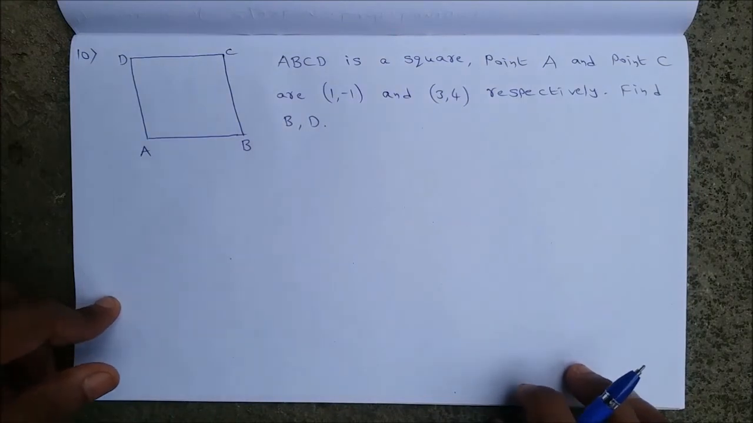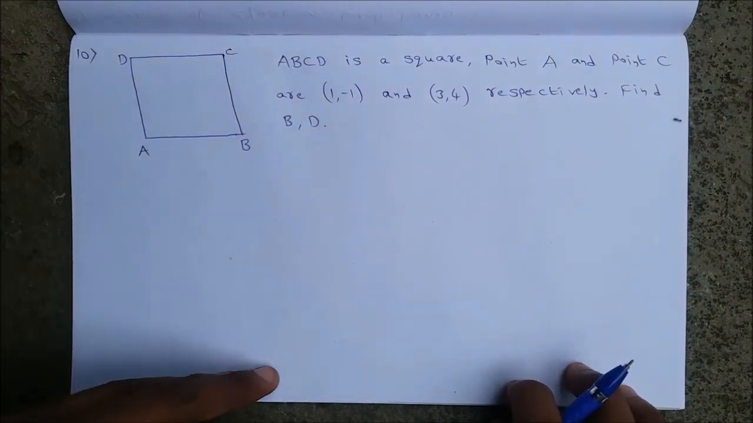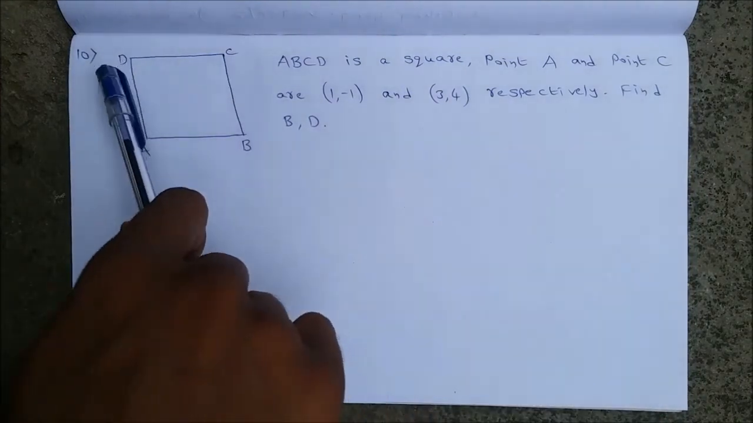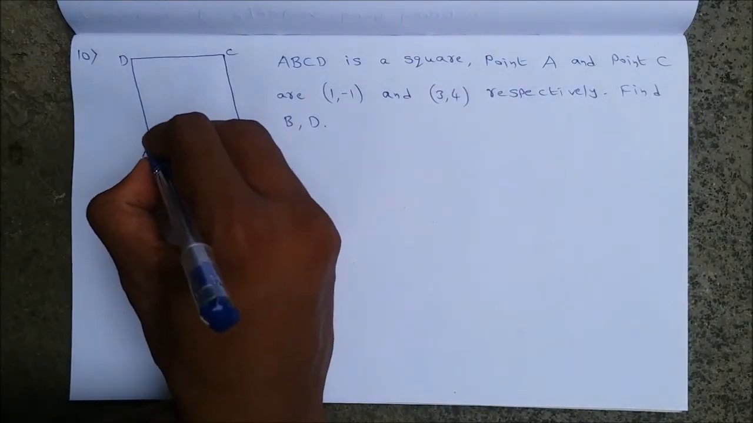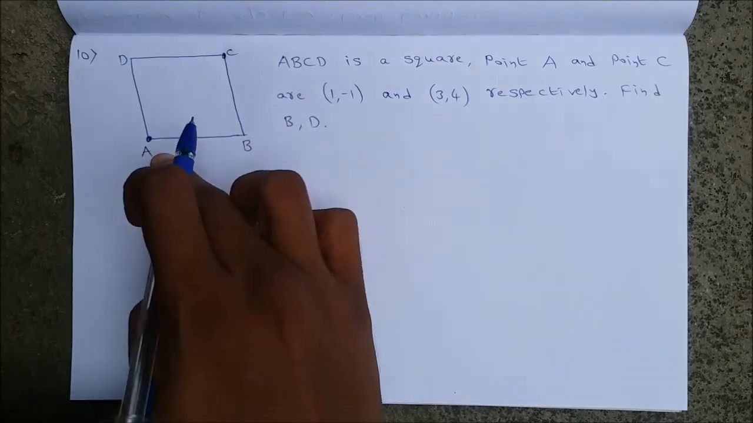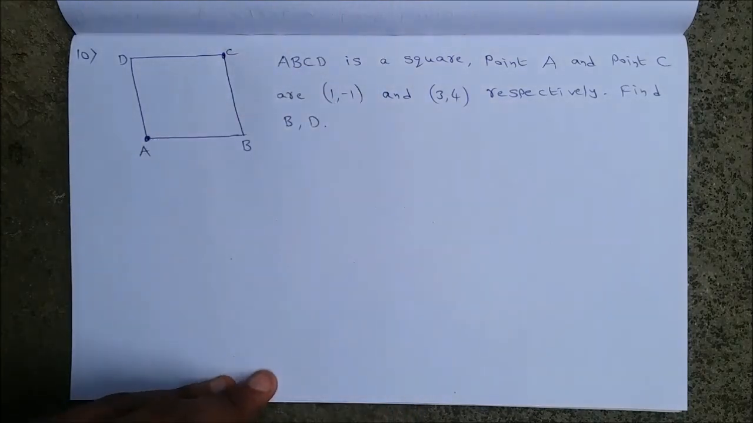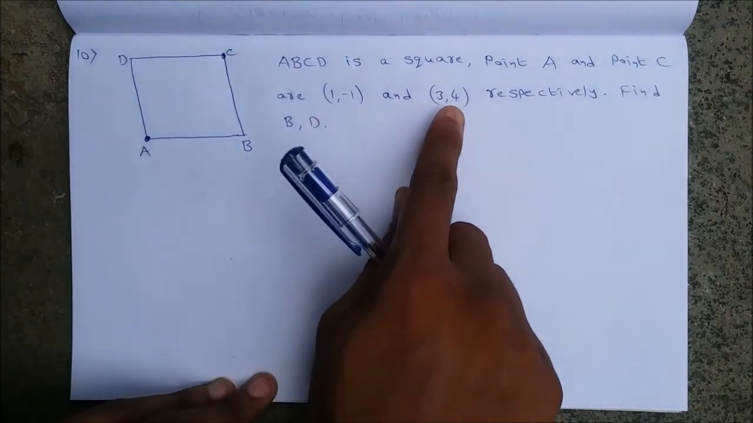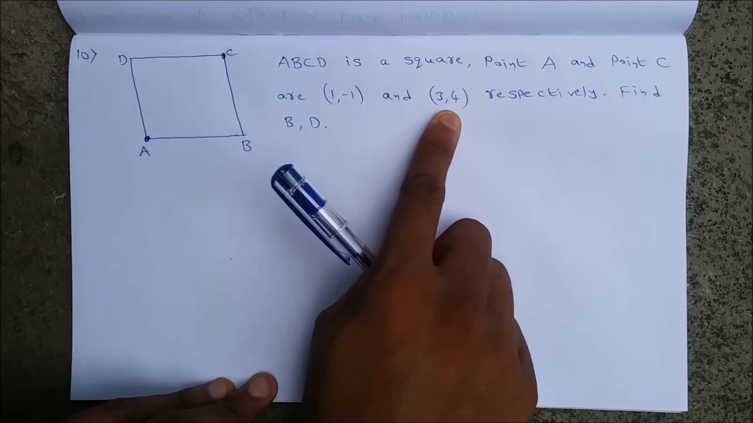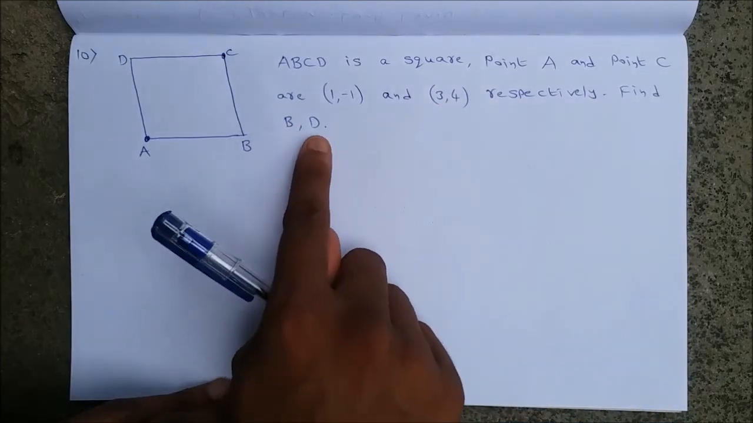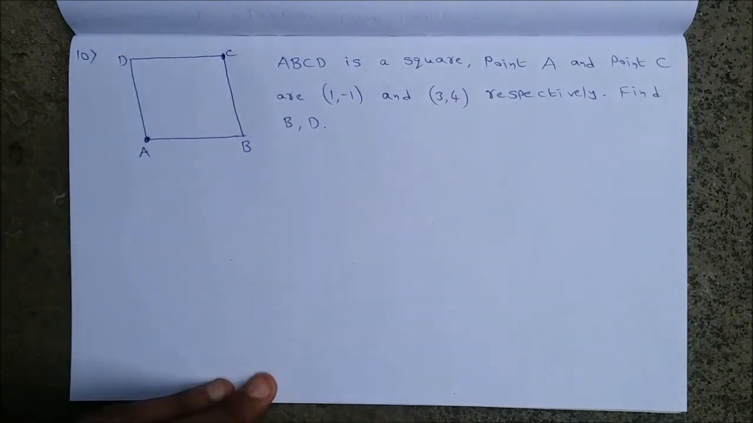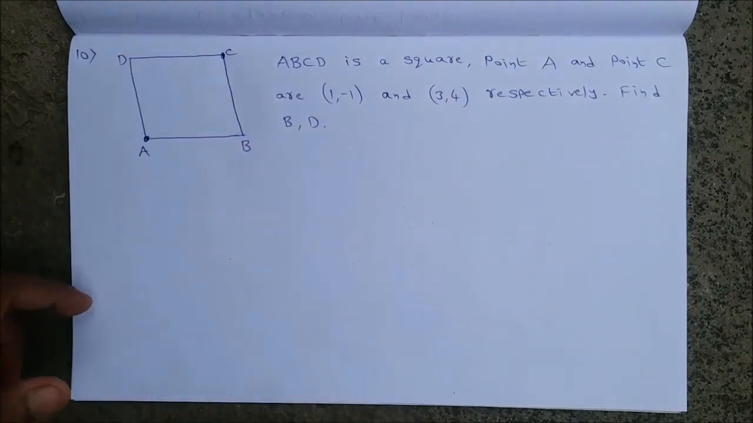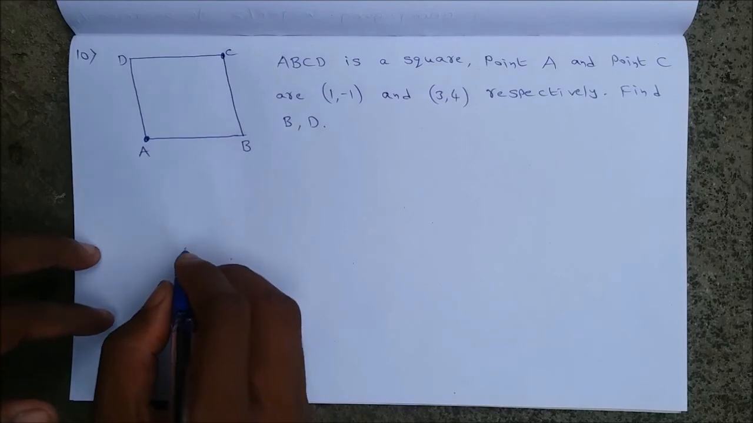Okay, the next question is: ABCD is a square. One square is given. This is the point A and this is the point C. The opposite points are given as (1, -1) and (3, 4) respectively. Then find the values of B and D. The remaining two opposite points we need to find out. So one formula is there for finding this. That formula is